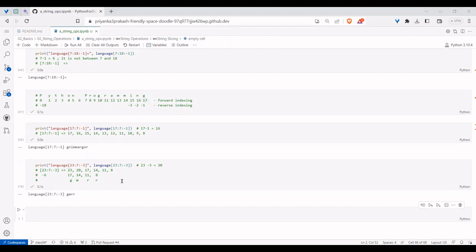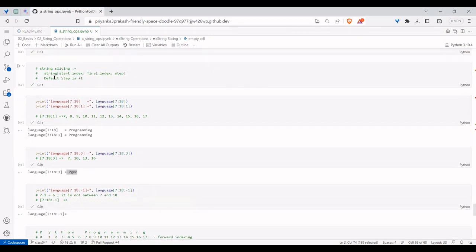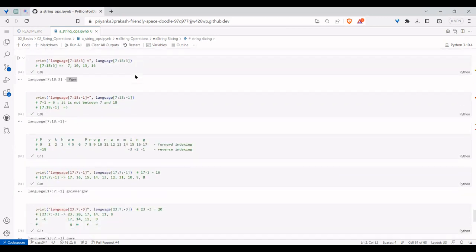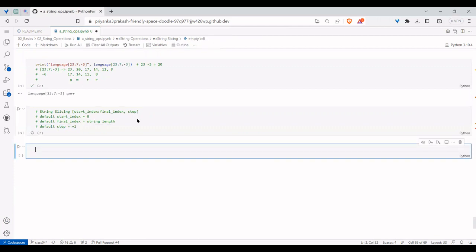Now you understood. The last leg in slicing is about the defaults. Till now you have seen defaults where the default step is the only thing that you saw as default. There will be 3 things. Now, sir, will you introduce a 4th attribute? No, there will be 3 only. Now I will tell all the defaults in one shot. There will be 3 attributes: starting index, final index, and step. Till now we only knew about step, but we can optionally give even these two also. If you don't give them, they also will be defaults.